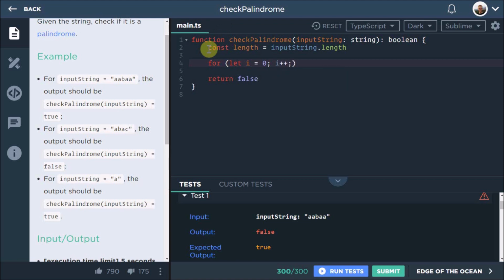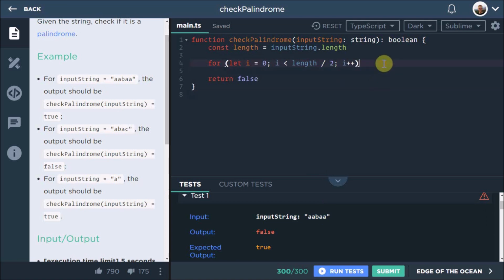But in the middle, I don't need this. In the middle over here, we want to say i is smaller than length divided by 2, because this only needs to run half of the time. By the time it's run halfway through, we don't need to run it anymore because the rest is the same as there. So in this case, the length is 5. Half of length, if i is smaller than 2.5, which if it's 1 or 2, then we're good to go. So then we don't need to check if that's equal to that.